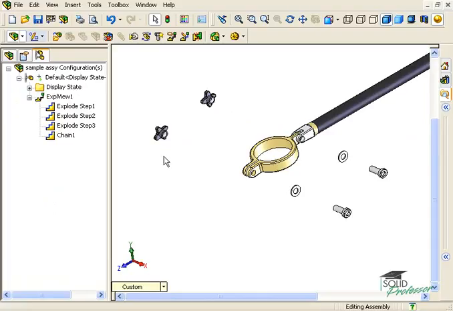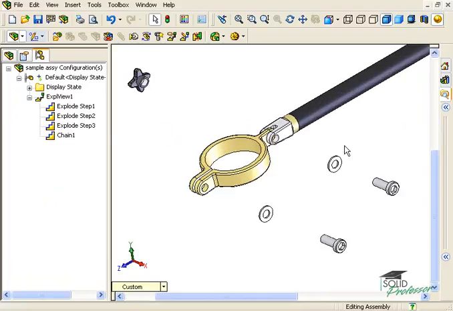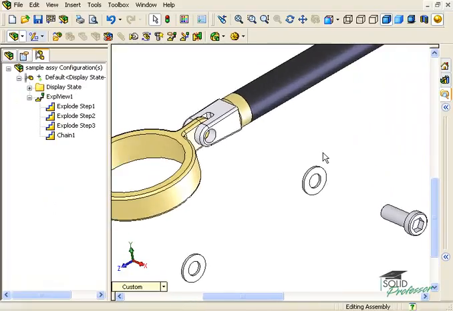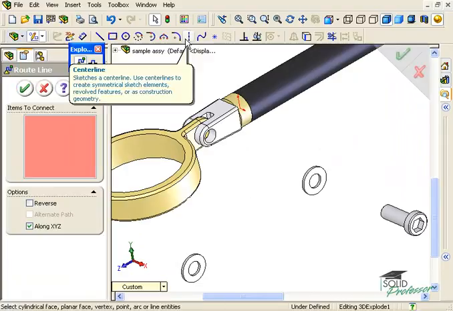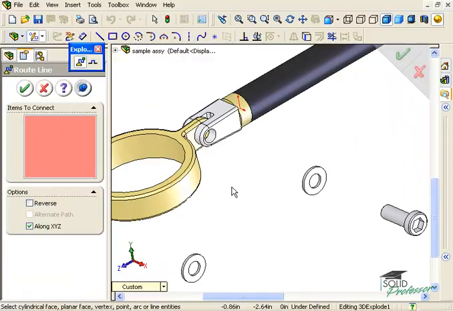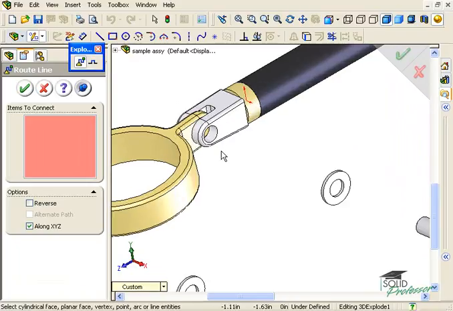To finish off this exploded view, I'll add some lines to make it clear how the parts go together. On the Assembly toolbar, I'll select this command, Explode Line Sketch. All I have to do is click edges or faces that I want to connect, and lines will automatically be added. For instance, by clicking the circular edge of this hole,